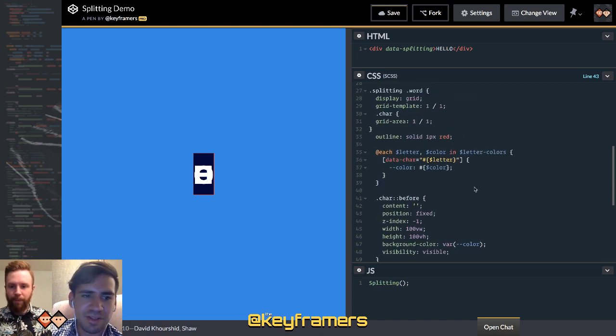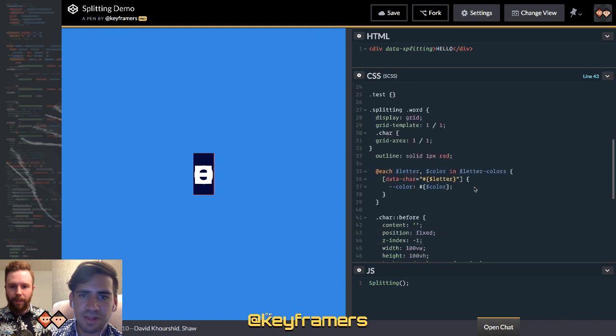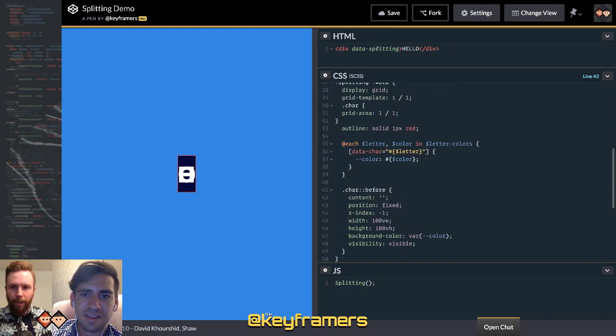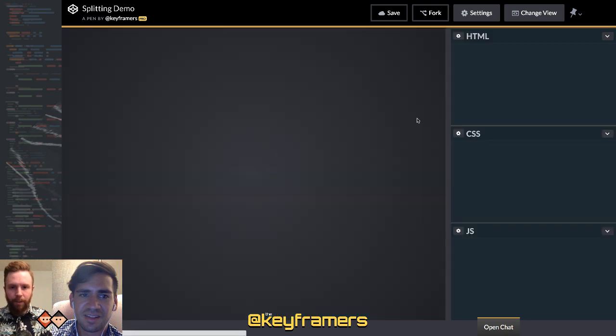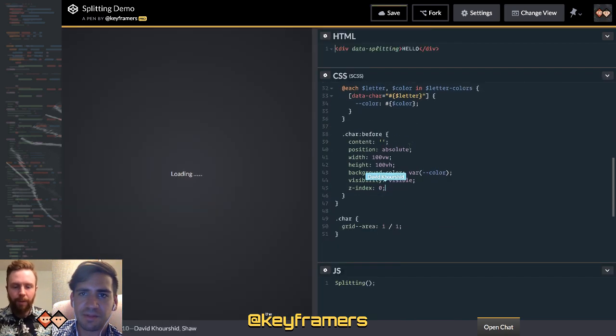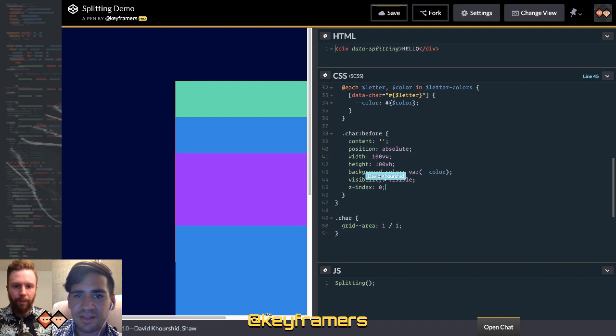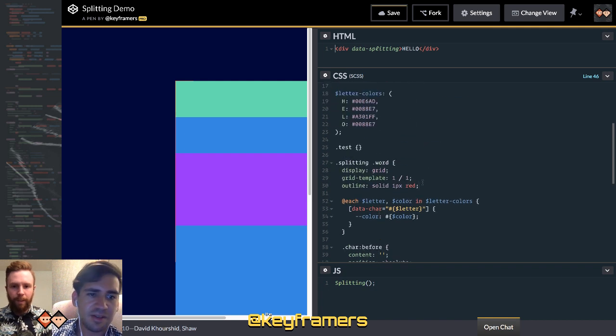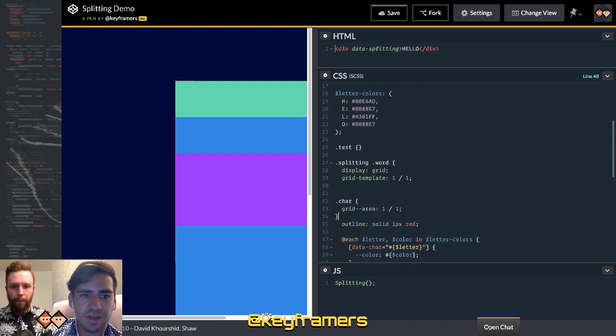But of course we want it to be z-index 0 because we want the letters to show on top of it. I'm not seeing your edits. Hold on. Refresh. All right, well go ahead and reload. Okay, there we go. Because now I have some lovely pretty colors. They're great.